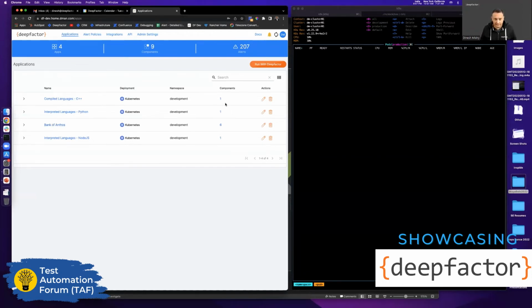And again, we understand that with microservice-driven architectures, several components make up an application. So here you can see an example of Bank of Anthos. It's currently running in my development namespace, and it has 6 components that are registered. Now, I'll deploy another copy of Bank of Anthos, and I'll deploy it into the production namespace this time, just to show you what the experience would look like